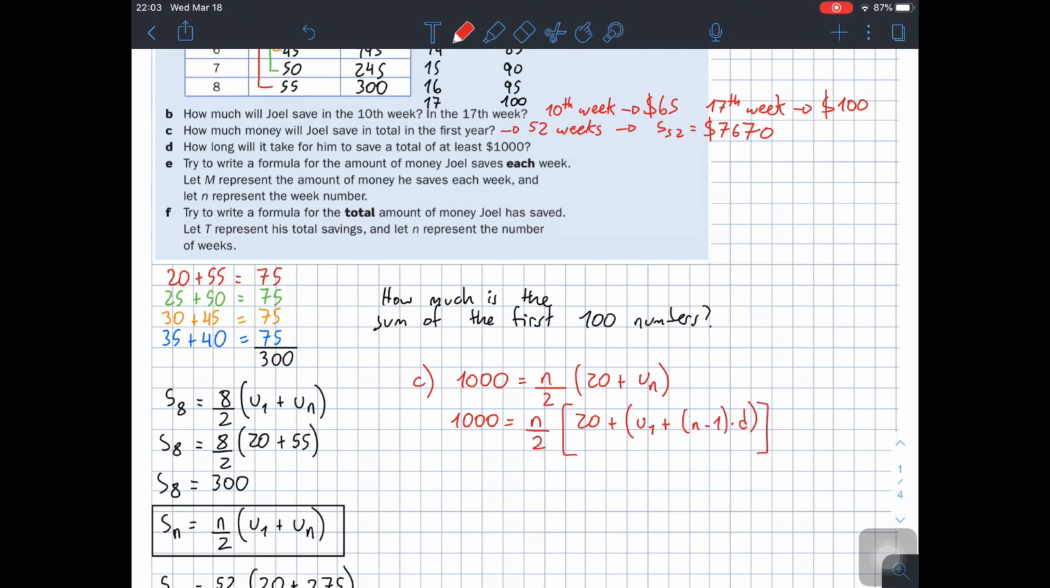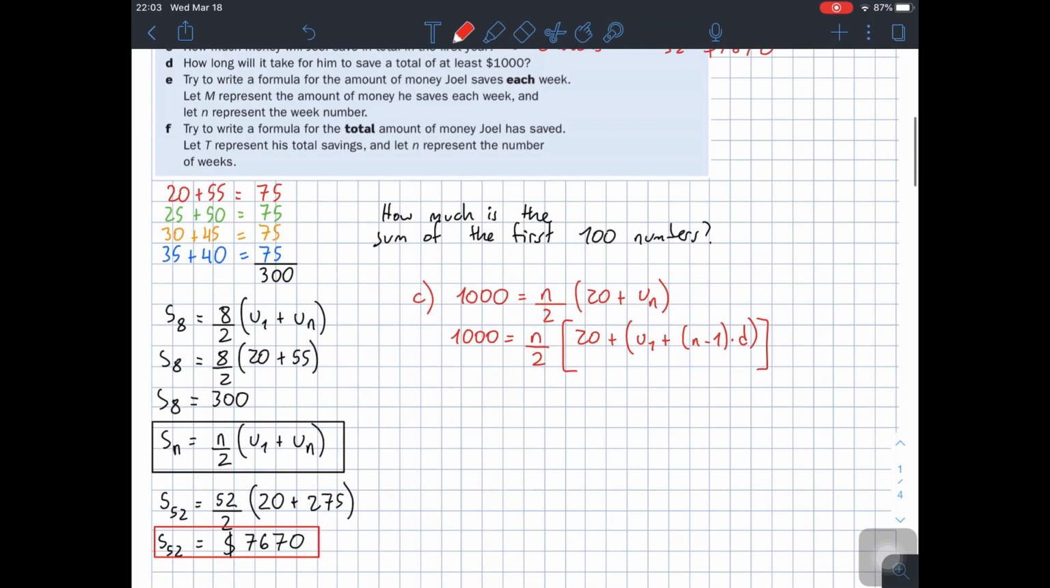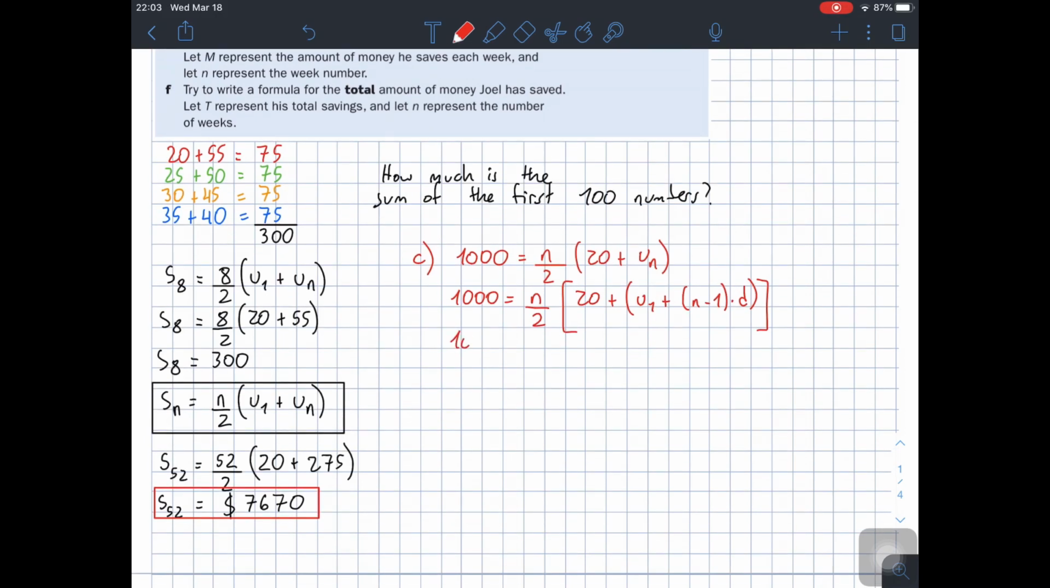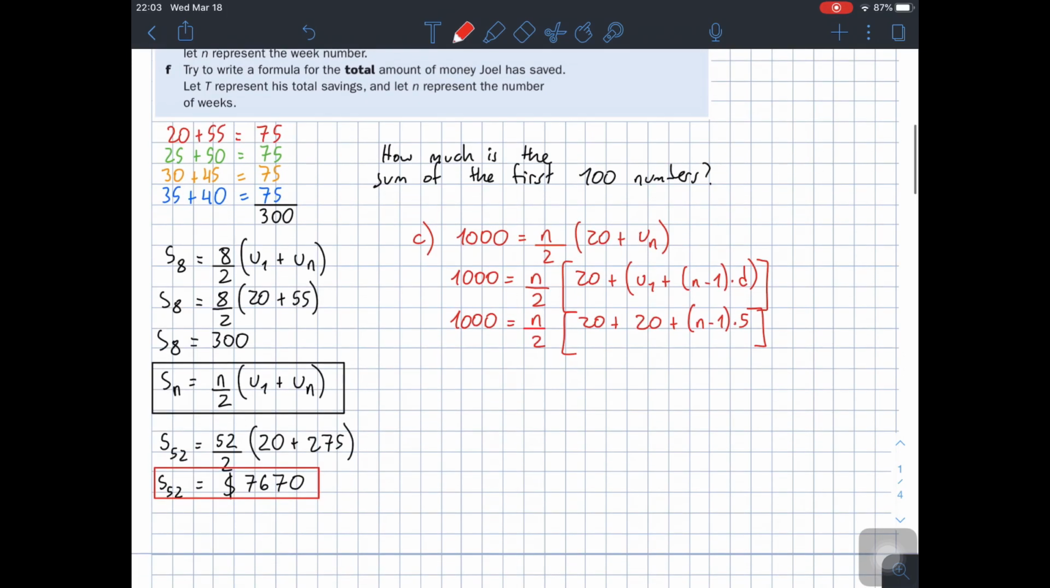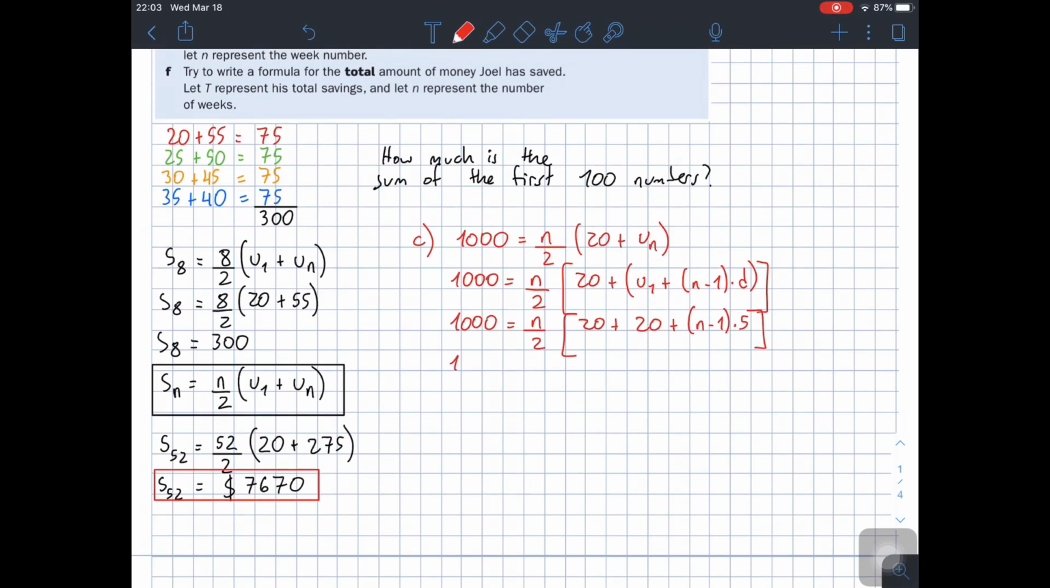But we know that the value of u1 is 20. We know that the value of d is 5 in this particular case. So if we do this again and divide it by 2 times 20 plus n minus 1 times 5, and then we solve this, this would be 1. I can take the 2 multiplying here. So this would be